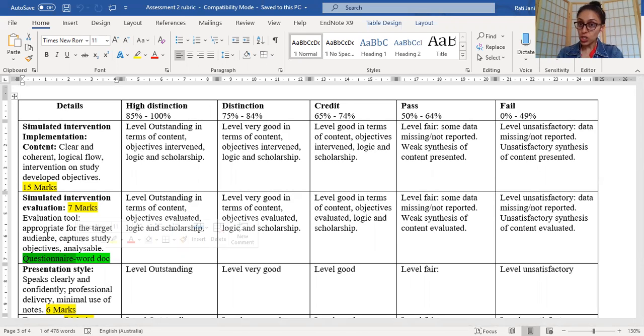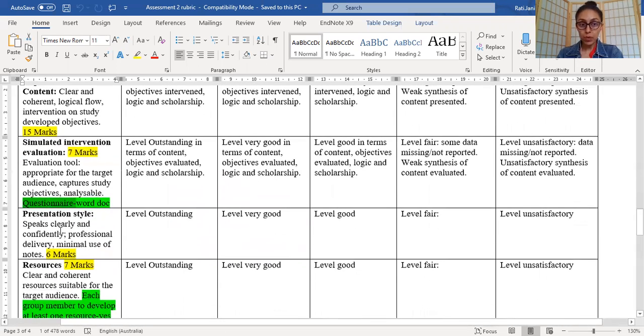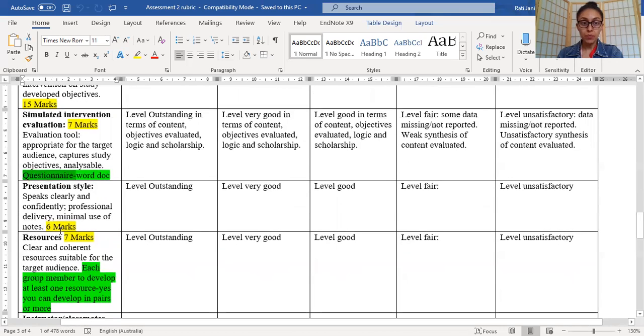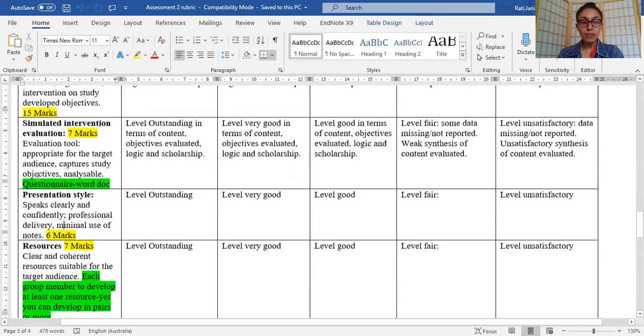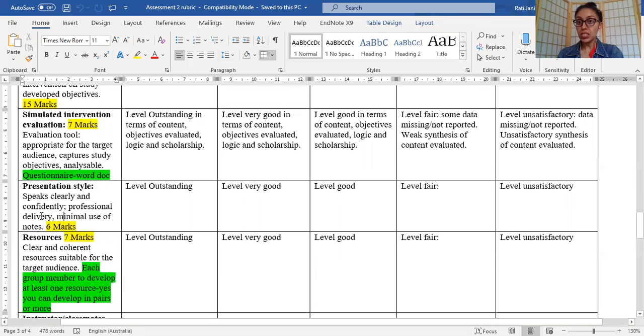But yes, so your pre-post questionnaire carries 7 marks. So 7 marks are allocated for the development of your pre-post questionnaire. Then you have your presentation style, which is how you are presenting. The content is 15 marks, your evaluation tool is 7 marks, and then your presentation style, how are